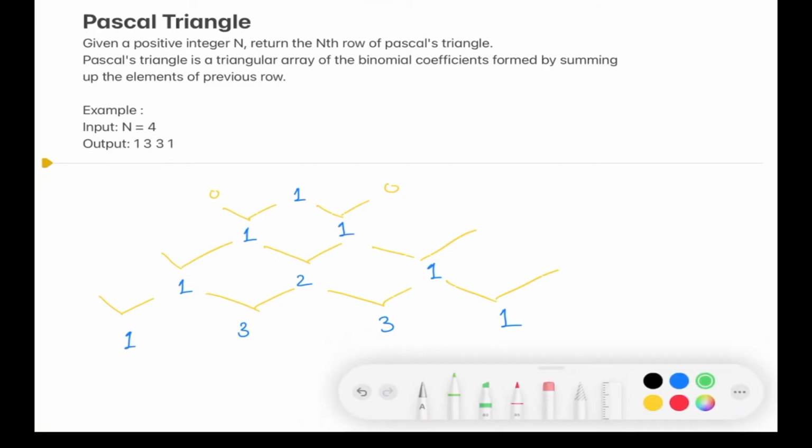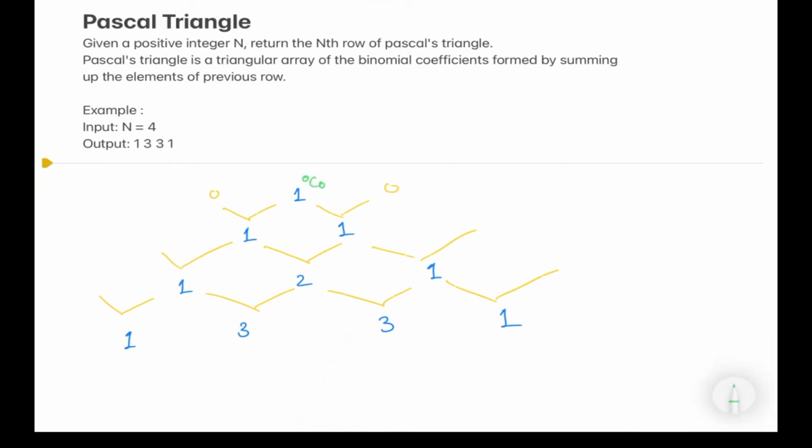Now let's take a moment to observe the resemblance with NCR notation. So this is 0C0, then 1C0, 1C1. This is nothing but 2C0, 2C1, 2C2, 3C0, 3C1, 3C2, and 3C3.